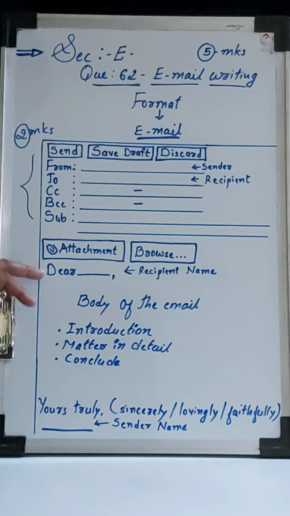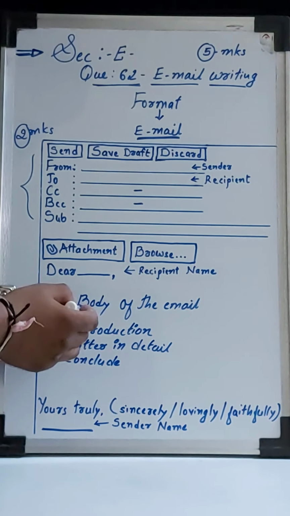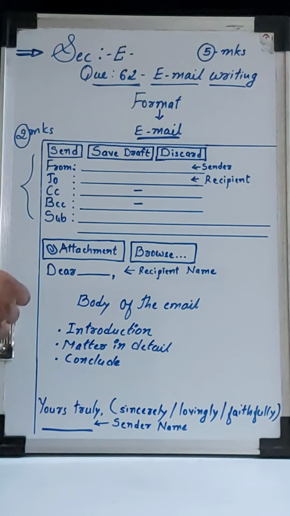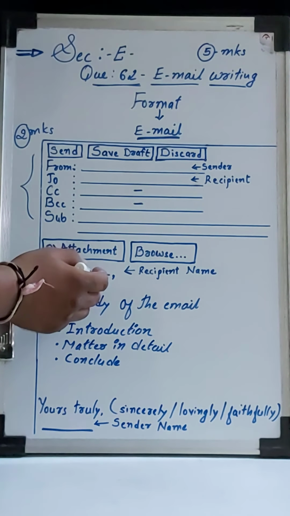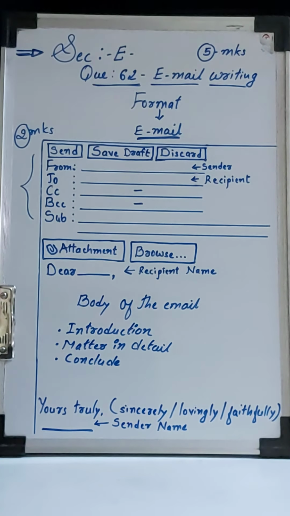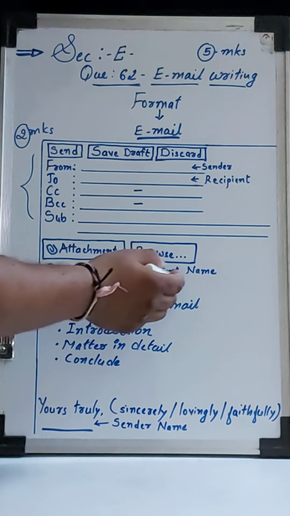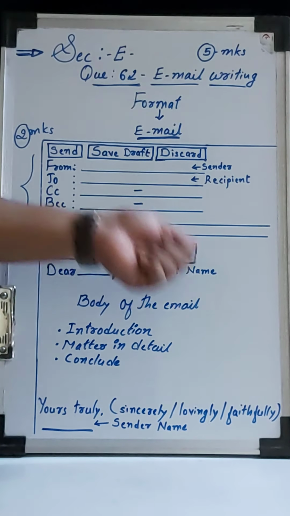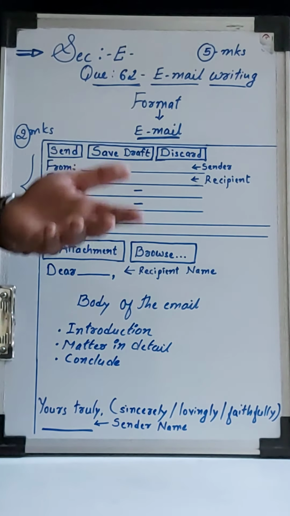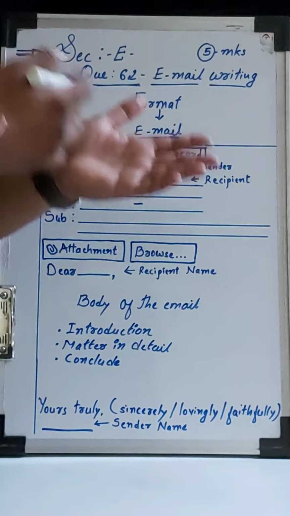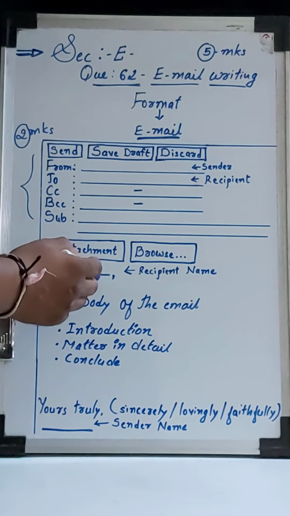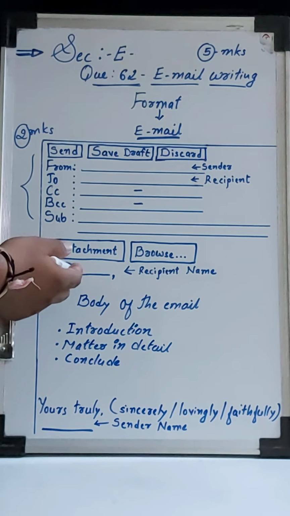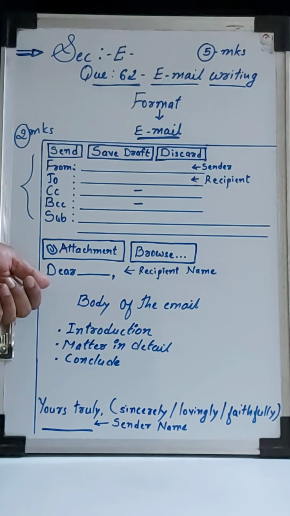Students, thereafter comes the main part. It is called the body of the email. There it begins with the salutation, Dear. I made a space because after Dear, you need to mention the recipient's name, whosoever the person is receiving. It means whom you are addressing this email to, you need to mention his or her name over here with the beginning salutation called Dear.